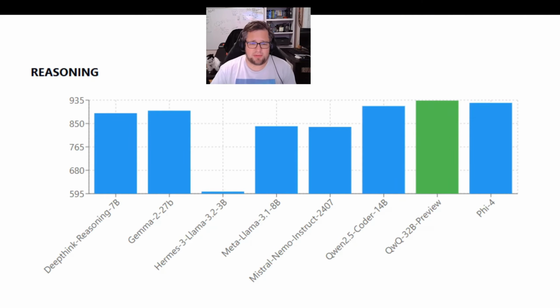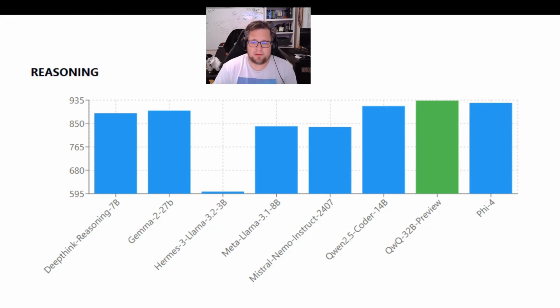Again, Herbie's 3 Llama 3.2 did poorly, and then the Meta Llama 3.1 8B was probably the next. That and the Mistral Nemo also did poorly, relatively. But this one actually showed me that there's some promise, because the fact that we were able to pick up the reasoning model, which I think, my own subjective opinion, is